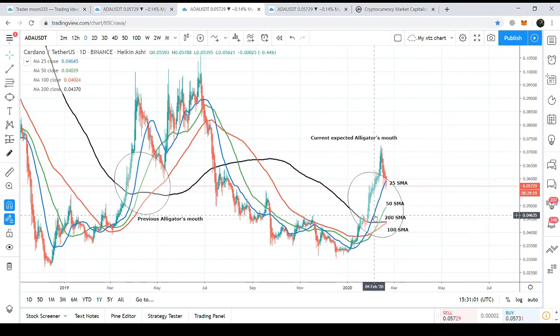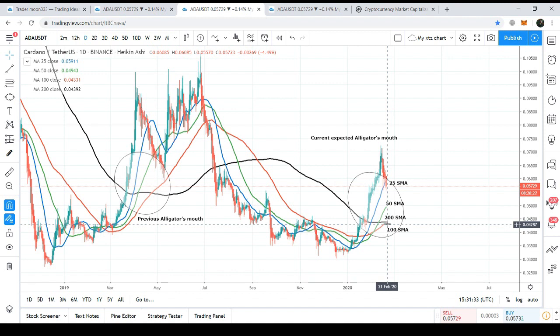So far, the 25 moving average has crossed up all the moving averages, and the 50 moving average has also crossed up the 100 and 200 simple moving averages. Soon we will receive a golden cross, a bull cross between the 100 and 200 moving averages as well. Once this golden cross is formed, our open alligator's mouth formation will be completed, and it will produce